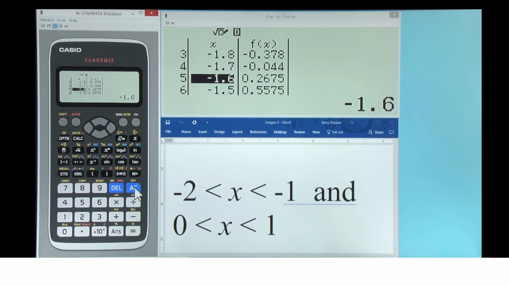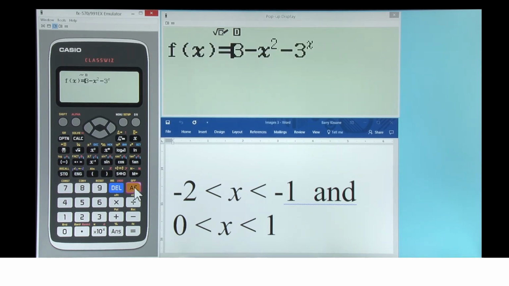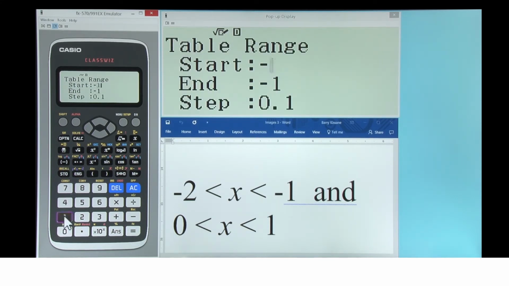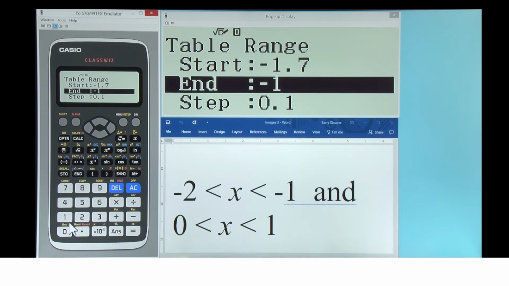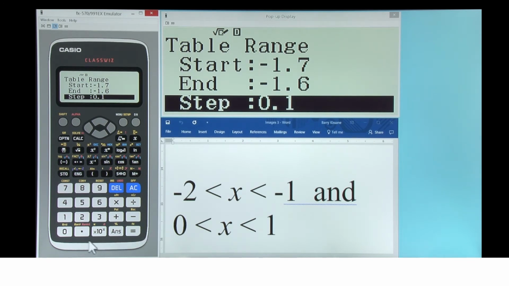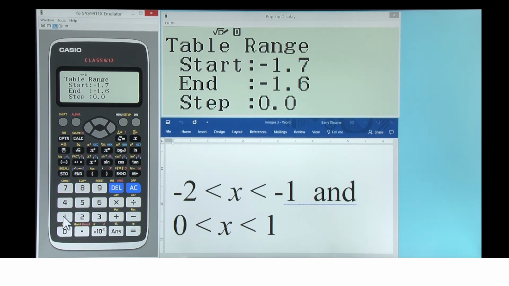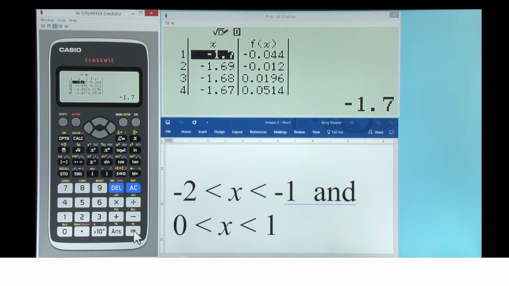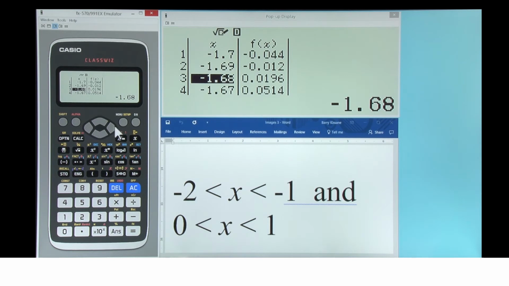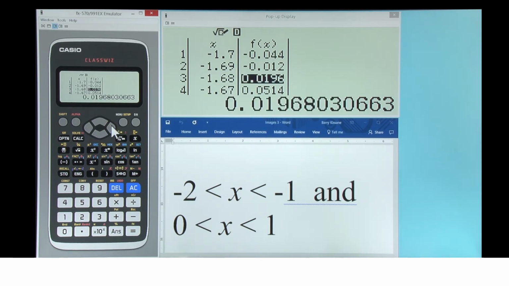So we can improve the table by clearing and going between -1.7 and -1.6. Again with the smaller step of 0.01. And now we can see there's a change. When x is -1.69, the result is negative, but when x is -1.68, the result is positive. So there's a root between -1.69 and -1.68.